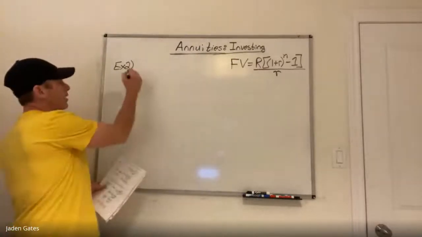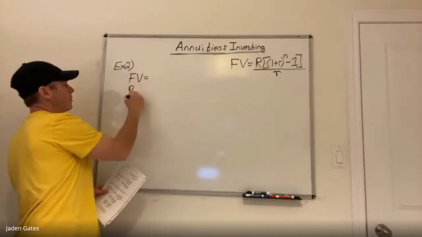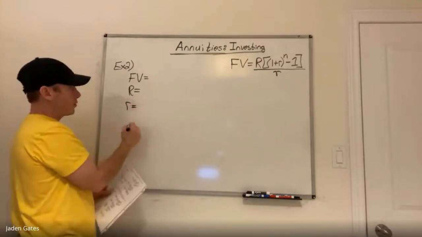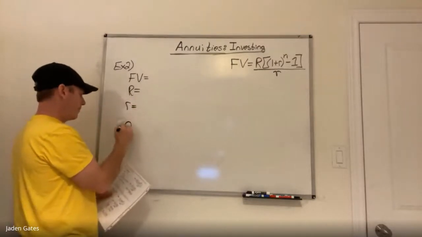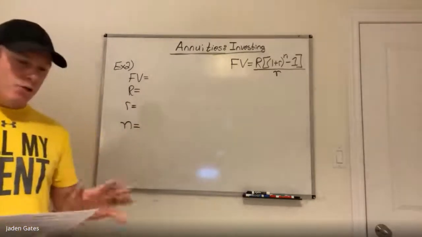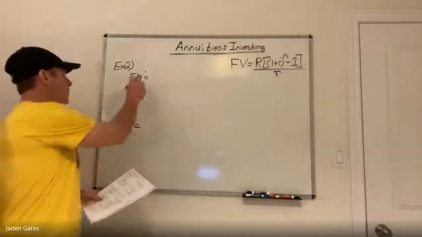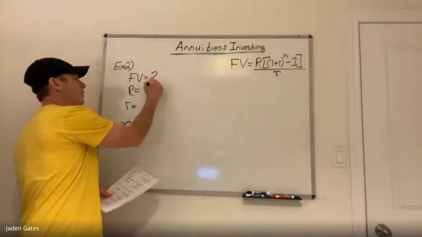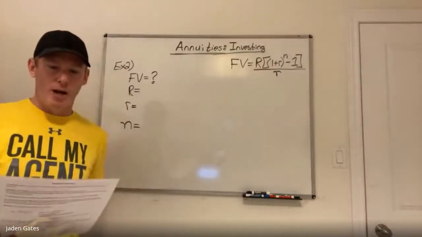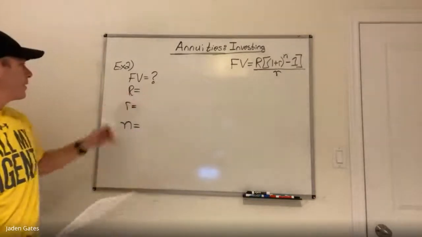All right, so again, I'm going to write down my 4 variables here. So we got FV, there's my future value. I got my R, and I got my little r, which is the rate, and my N. Now again, I like to reread these things. So how much has accumulated in an account? Right away, that's telling me I am looking for my future value here. If $10 is placed into an account each week for 2 years, so our regular payment is $10